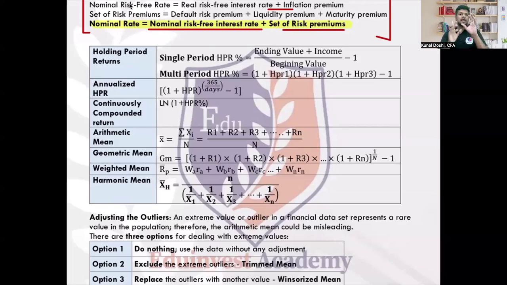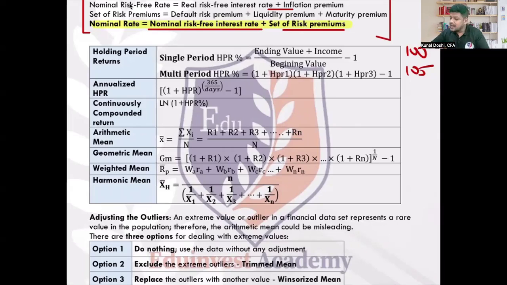So imagine you are investing in a bond at $100 and selling the bond after 1 year at 105. So you invest at 100 and you're going to sell it at 105. The difference of $5, that is 5%, is your holding period return. So what is holding period return? Ending value divided by beginning value minus 1. However, during the year, if the bond also gives you a coupon of, let's say, $2, right? So now you invested 100.